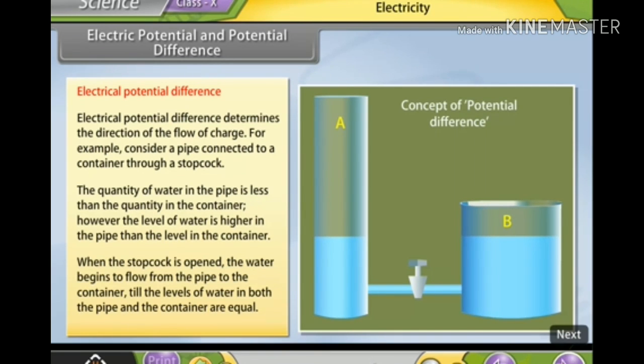This determines that it is not the quantity of water but the level of water which decides the direction of flow of water. It is the potential difference that is responsible for the flow of